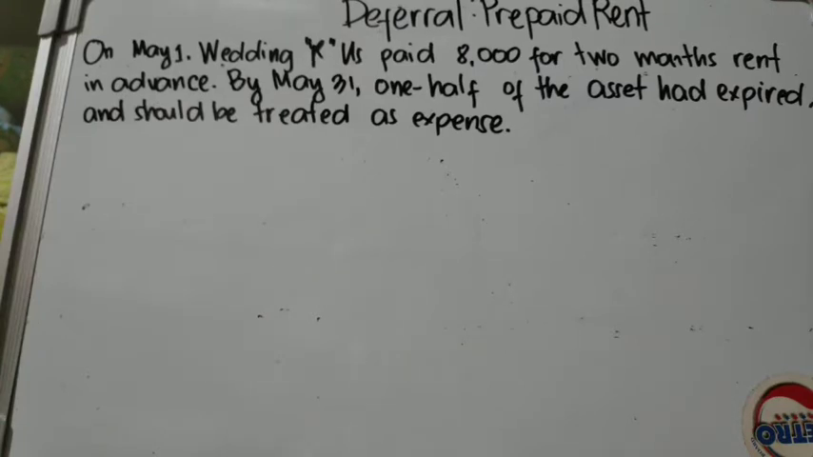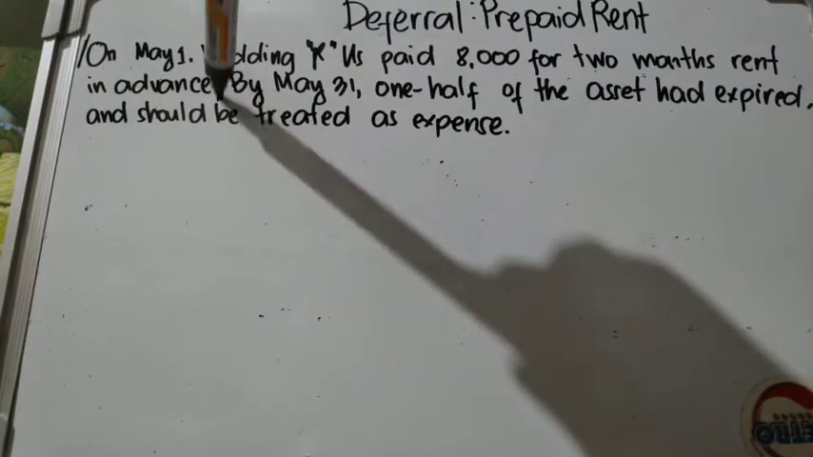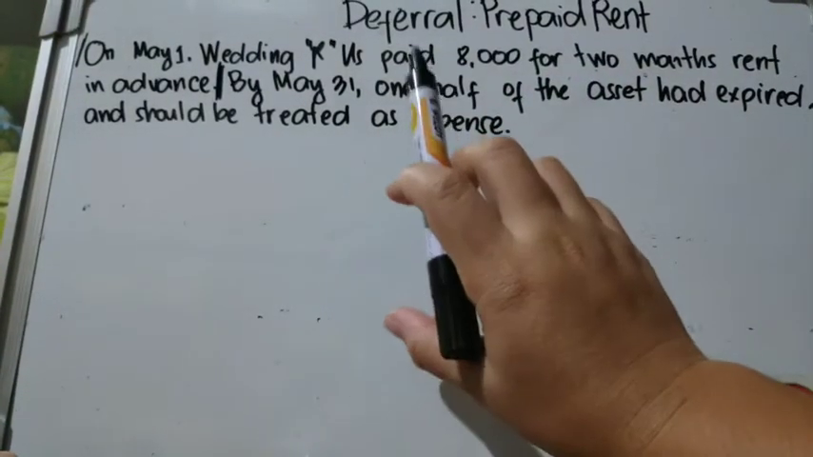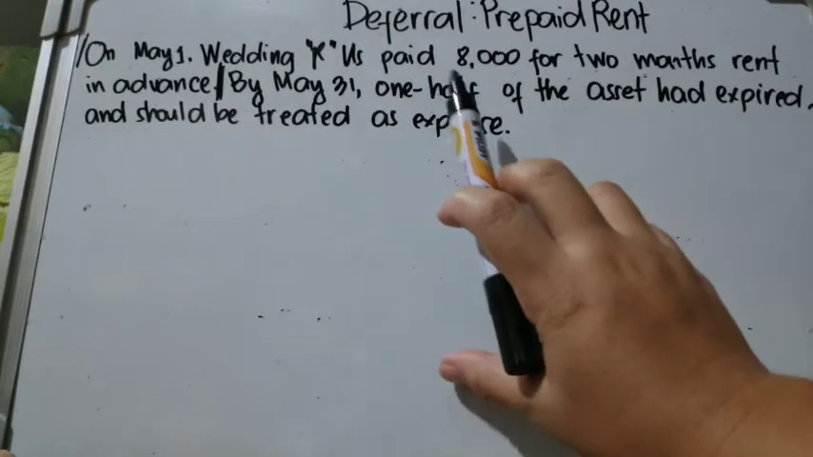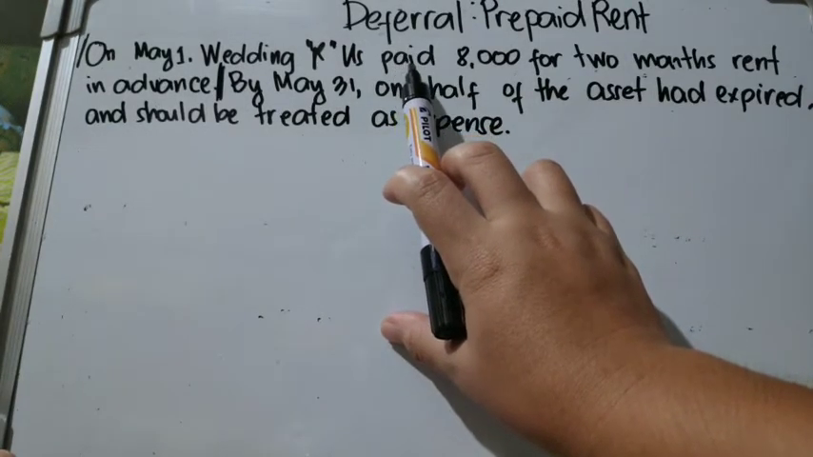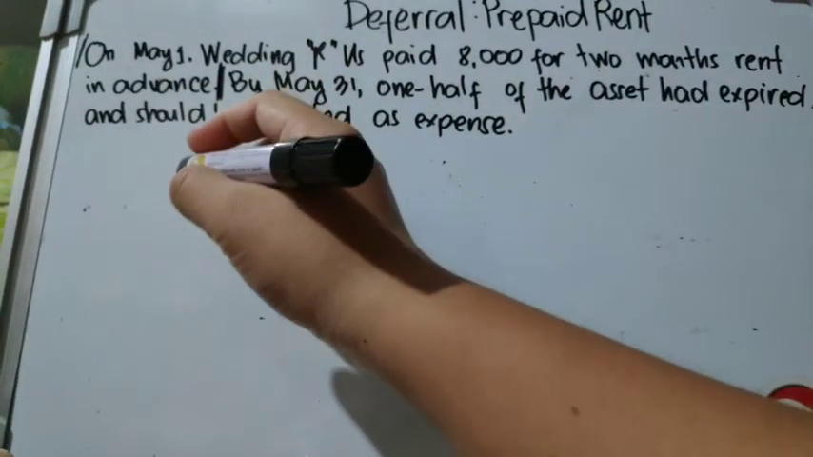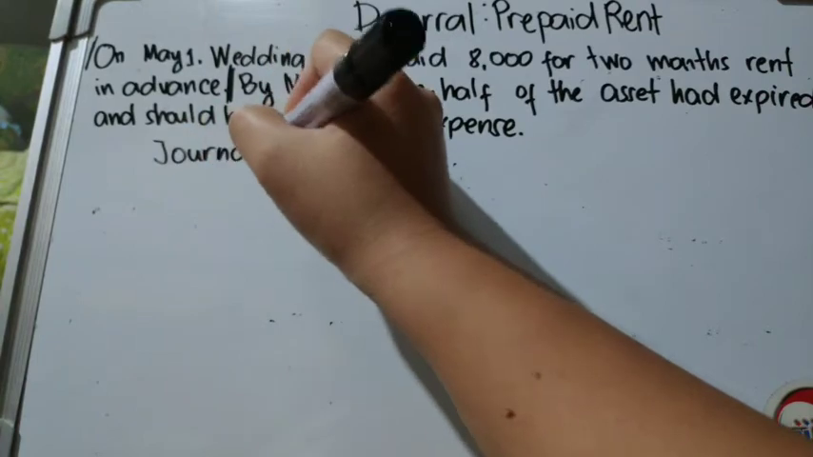So, to simplify your analysis on adjustments, we will first create your journal entry. The journal entry is nanggaling sa May 1 up to the payment of the advance payment. Hindi ba when a company is paying 8,000 pesos for 2 months rent in advance, meaning may inilabas na pera ang iyong company to pay for the 2 months rent in advance. So, your journal entry would be